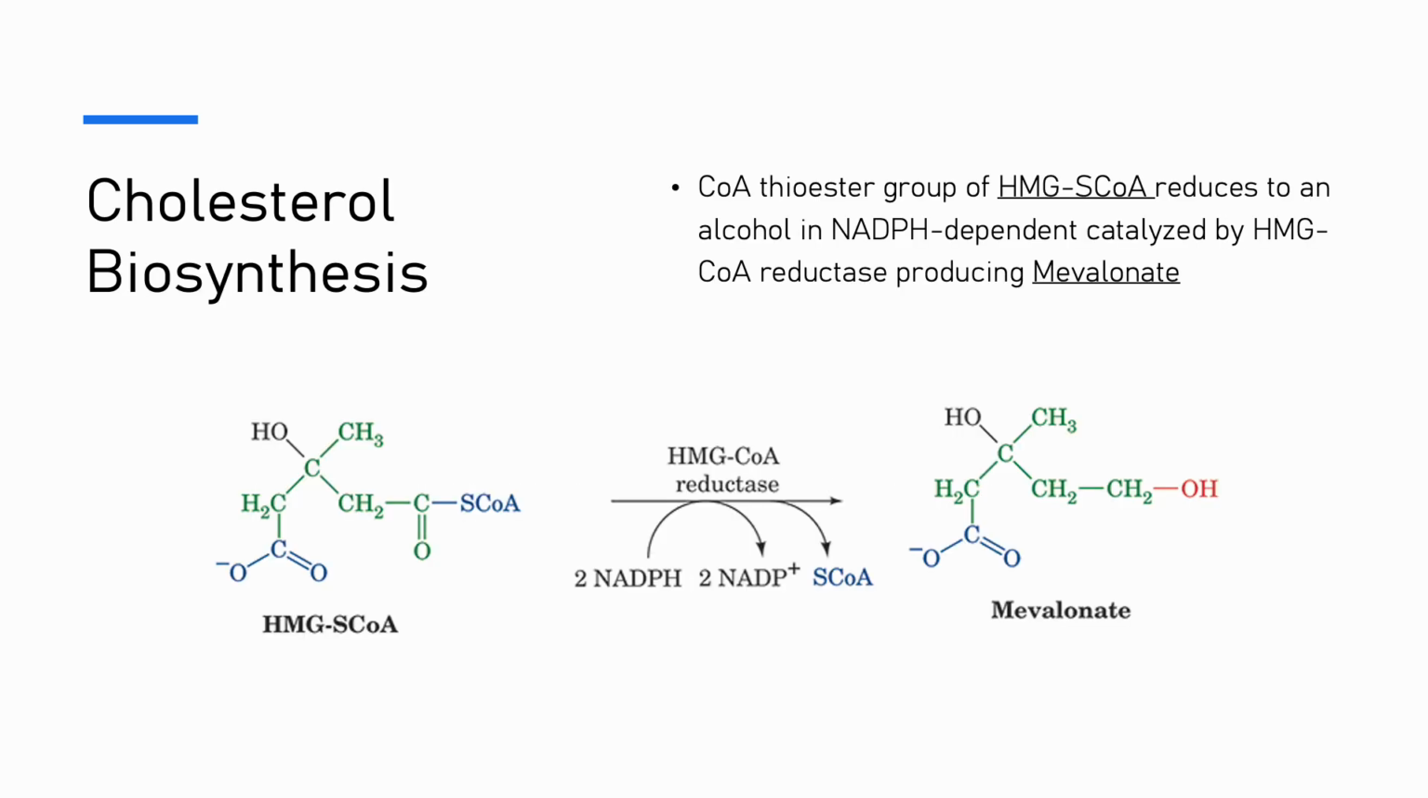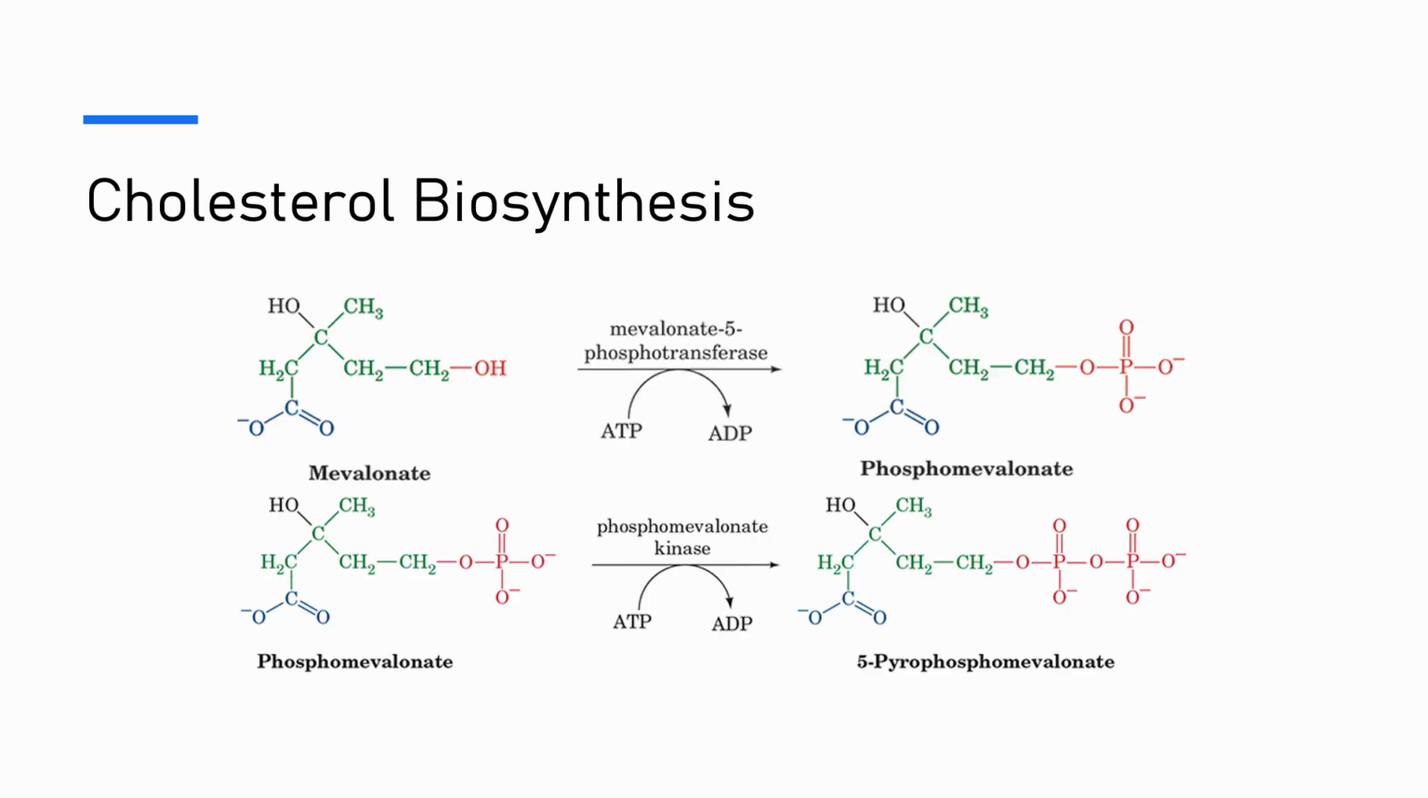So for the cholesterol biosynthesis, first of all, it starts off with the CoA thioester group of HMG-CoA and it reduces to an alcohol in an NADPH-dependent reaction catalyzed by HMG-CoA reductase, producing mevalonate. Next, mevalonate gets converted to